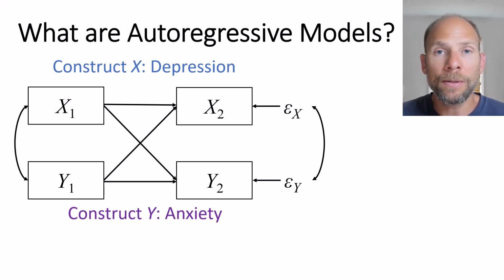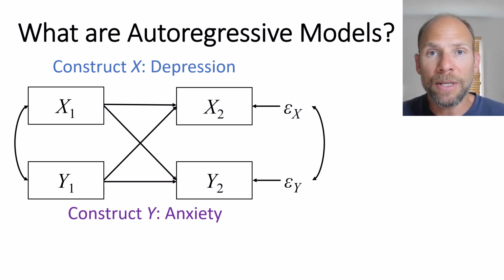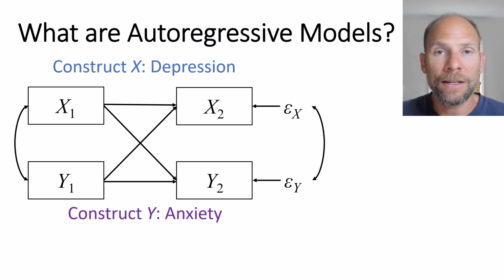Now, these residual correlations need not be included, they're not always needed, they're not always statistically significant. If they're not needed, then we wouldn't include them, because then we could save a parameter, but this is also something that can be estimated in a model like this. And then, as I said, you could have more than 2 time points, and the structure would look very much the same for a first order autoregressive model, where always the neighboring time points are connected through autoregressive and cross-lagged